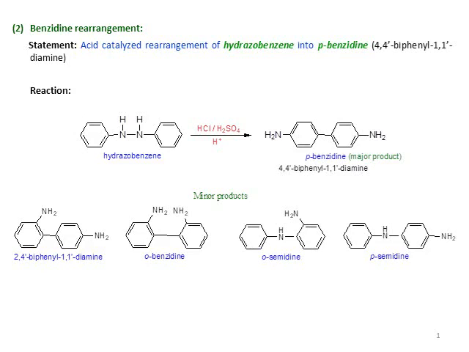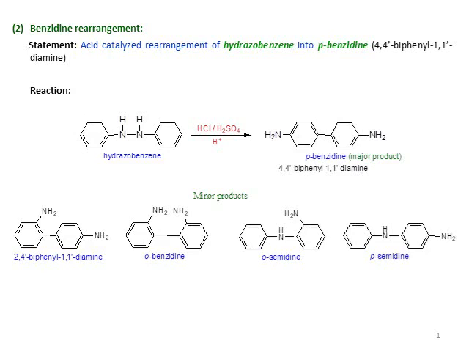The IUPAC name of para-benzidine is 4,4' biphenyl 1,1' diamine. Here 4,4' is nothing but the linkage of two phenyl groups, hence it is a biphenyl derivative. Here the two phenyl groups are linked at their fourth position, hence 4,4', and the amino groups are at one position, hence 1,1' diamine. Hence para-benzidine is 4,4' biphenyl 1,1' diamine.